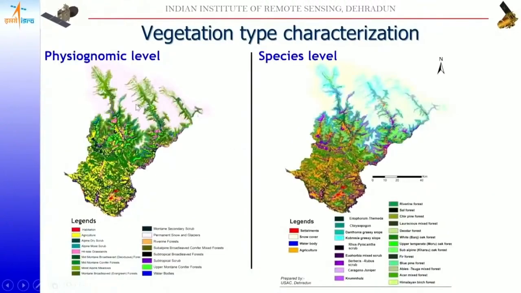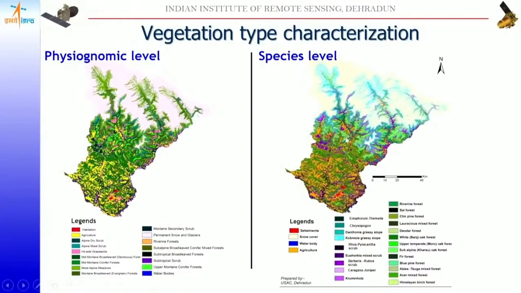So here is an example of the two different levels of classification. One is the physiognomic level, where we clump the different kinds of vegetation or groups of species based on their characteristics. For example, the broadleaf or the conifer species or the deciduous species. But if you see, there will be many species which can be differentiated within the deciduous, and there will be multiple species in the deciduous classes or the